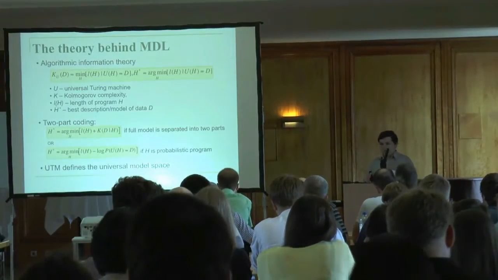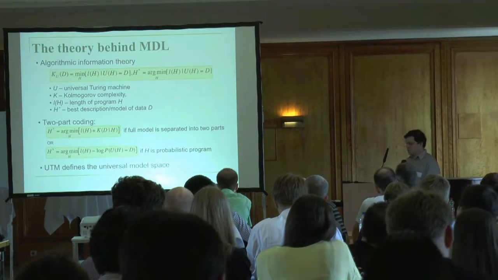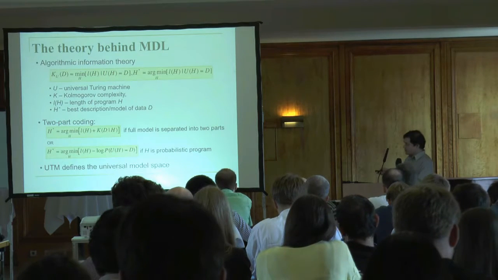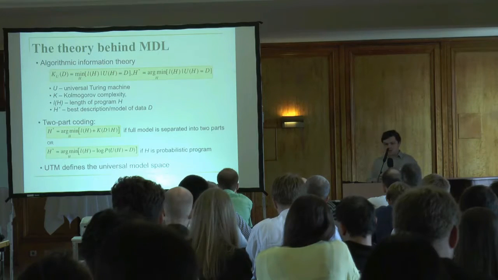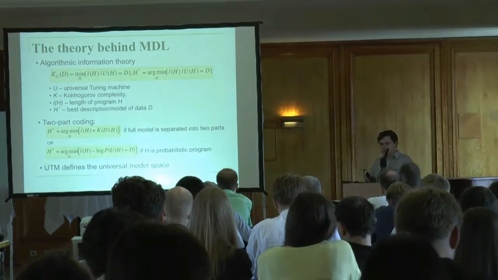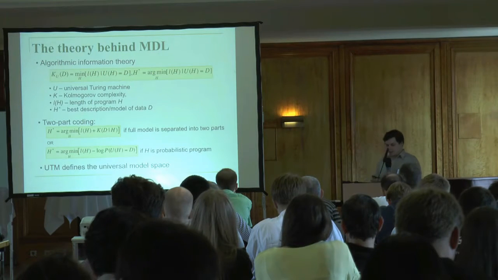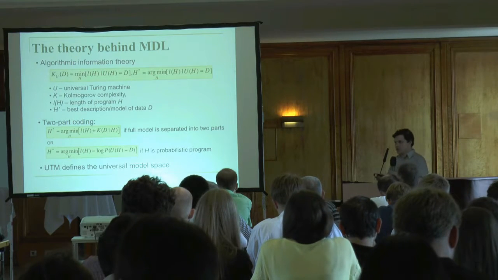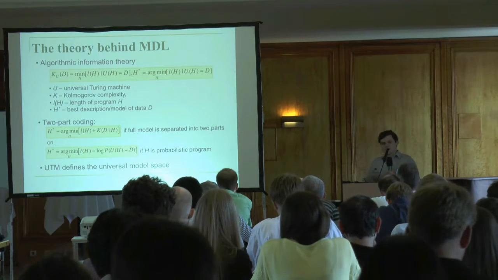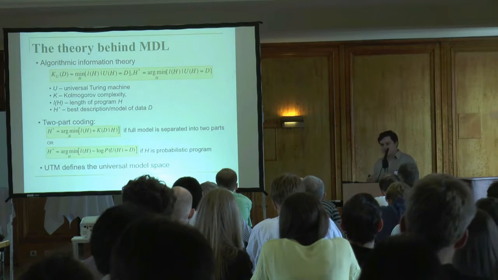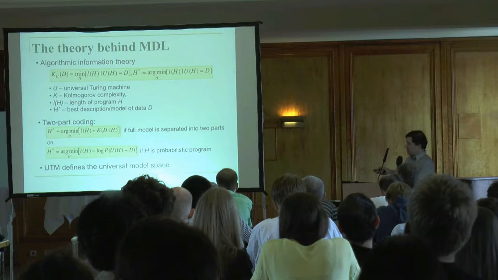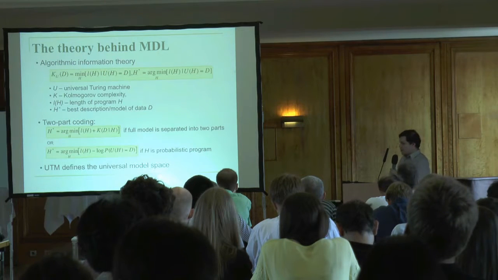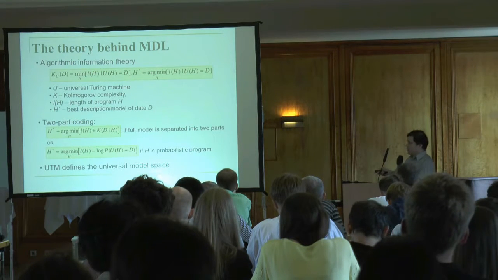So we can move from Kolmogorov complexity to the minimum description length principle in two ways. Either we can separate the program and its input data. Then we will say that our program is the model, and its data is the description of the observation data encoded by this model. So we will minimize the sum of the length of the program and the relative Kolmogorov complexity of the observation data